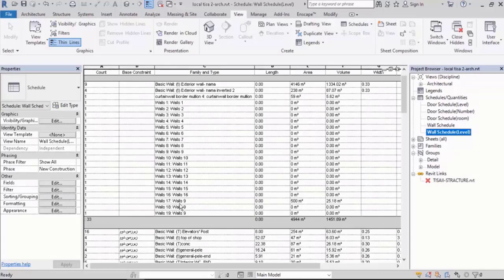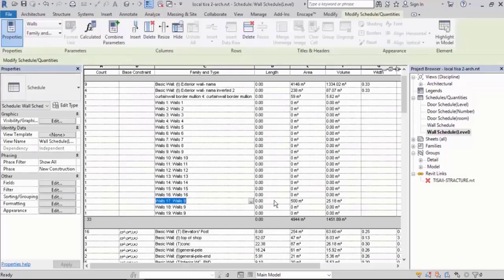Now, you might wonder what these names are and why they don't have length, why they don't have area or volume. Well, remember that when you see the family of some of the objects that we use the quantity for have some weird names. For example, it's not basic walls. We didn't have family wall 1. So can you tell me what these are? These are modelings. These are the things that have been created by modeling, and they got the category of wall. They show up in the project in this way. And definitely, if you remember, I told you in the modeling, the length is not calculated. Definitely. Right? The objects that are created by modeling,